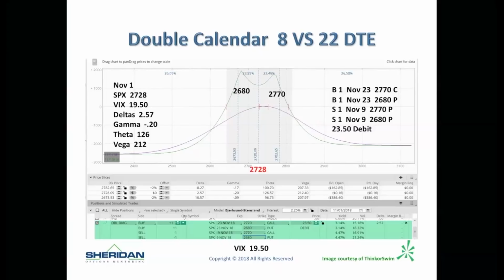So here's a strategy. Just to give you an idea of some of the strategies we'll deal with. Now, again, some of these strategies we may or may not do depending on what the price levels of the market are when we're having class in 2 weeks. What will be the volatility levels? So some of these short-term strategies